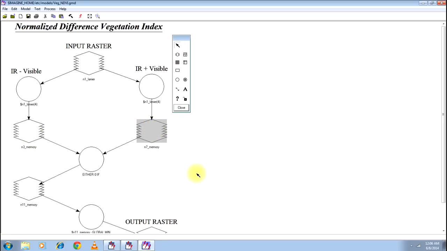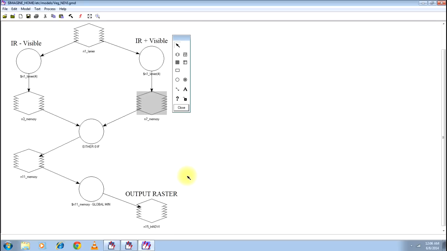Then these two images are again divided in this function to give you the final output. This is the simple form. I can explain in detail when you need it. The Model Builder will have additional features which are out of the scope of this particular tutorial. I'll teach you the Model Builder in due course of time.